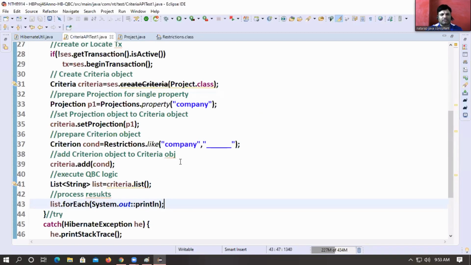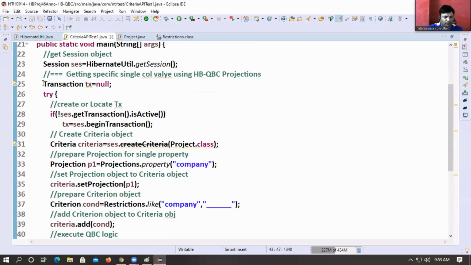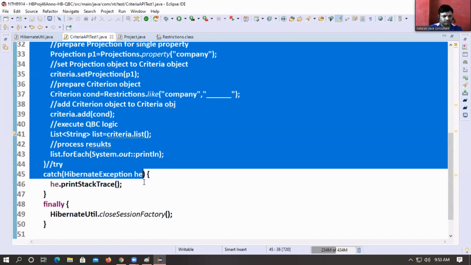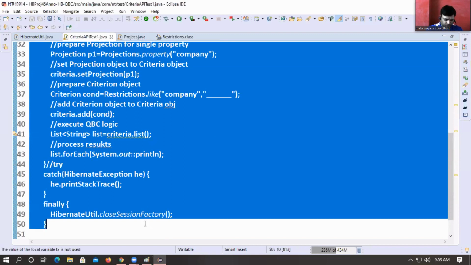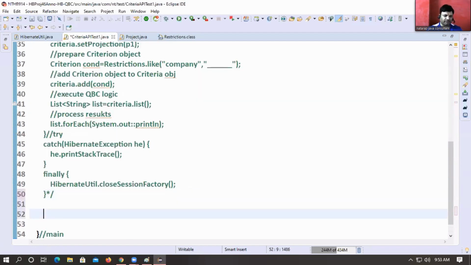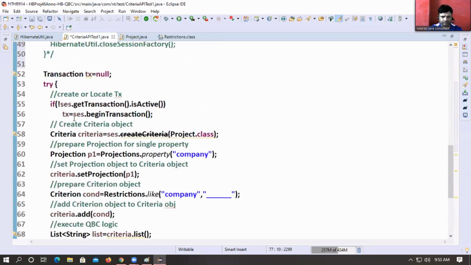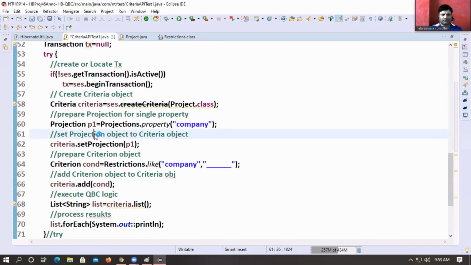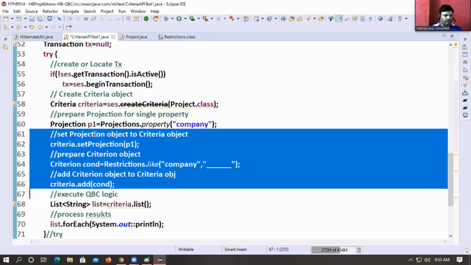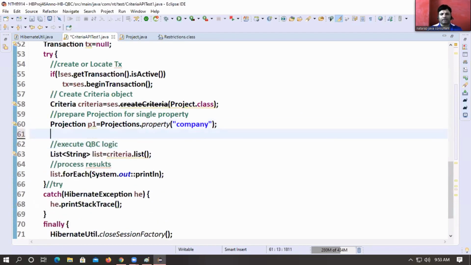Now I'm interested to get specific multiple property values, guys. Specific multiple property values. First copy, then comment, then paste, then paste. Okay, you may get confused. That's why I will apply. Yeah, prepare